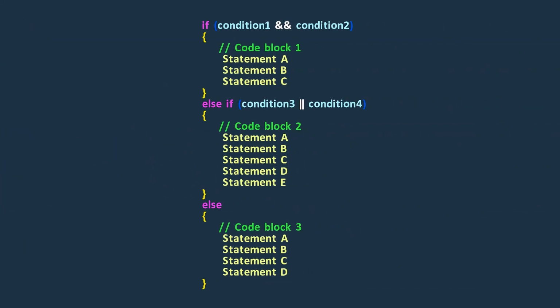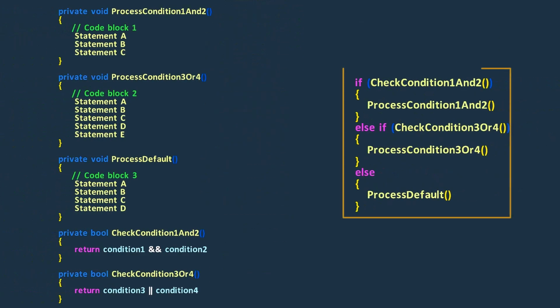Okay, in simple terms, when we refactor, we want to separate each branch of a conditional statement into its own method with a descriptive name. By doing this, we break down the conditional statement into separate paths that are clearly separated. To make it easier to understand, let's illustrate this technique with an example.